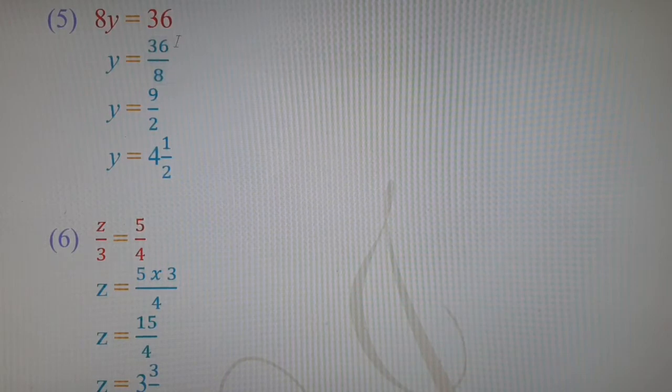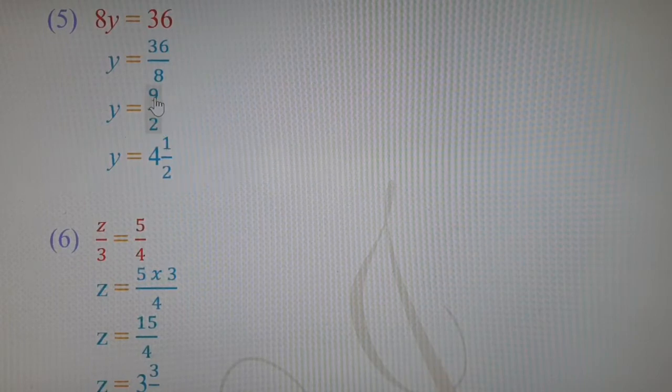4 9s are 36. 8 is cancelled, 2 is written, 36 is cancelled, 9 is written because we are using 4's table. 4 9s are 36, 4 2s are 8. So the next step will be y is equal to 9 upon 2. Now 9 upon 2 cannot be further simplified because 2 is a prime number and 9 is a composite number,